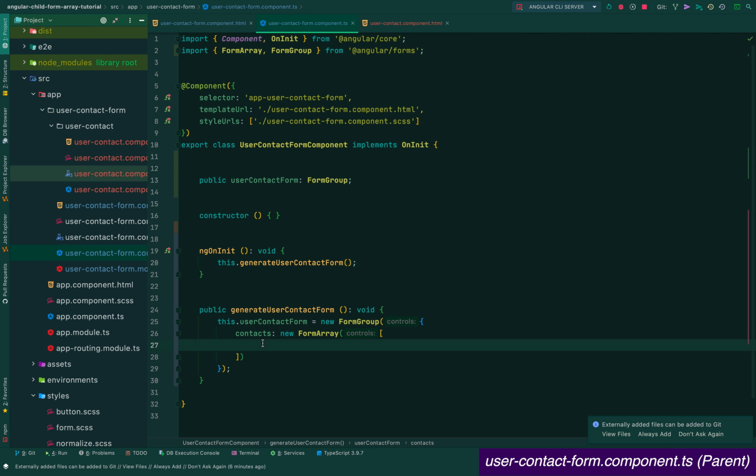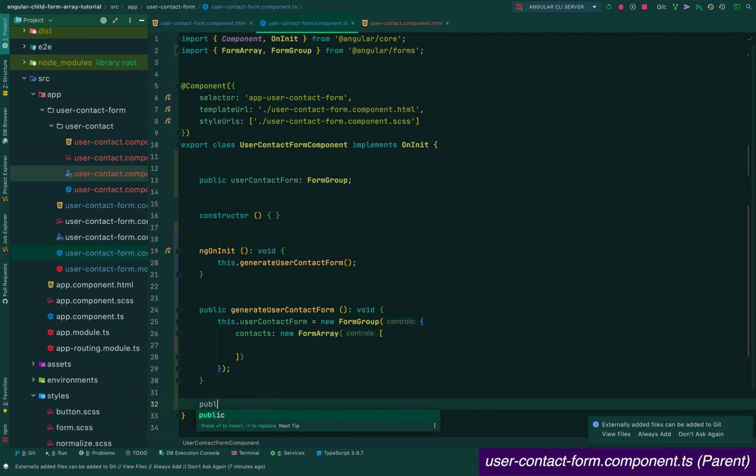The form array does exactly what it sounds like. It allows us to have an array of abstract controls, which can be a form control or a child form or whatever. Now, before we go any further, I want to allow us to be able to debug a little bit easier. So what I'm going to do is create a submit method. So if I go submit user contacts form,